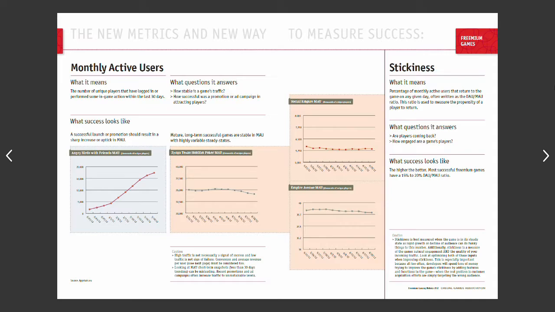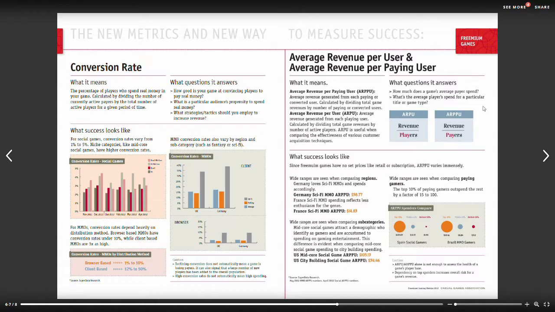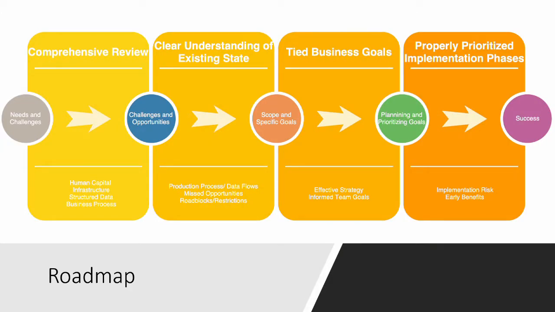Other metrics measure the profitability, such as conversion rate, average revenue per user, and average revenue per paying user. Low figures indicate ineffective marketing strategies. Using these figures for market segmentation into countries or platforms can identify targets for advertising campaigns. Overall, these metrics are necessary because they help identify profitable marketing segments, assess the success of product launches, and monitor long-term performance. The roadmap towards a successful business in the gaming industry consists of several stages.